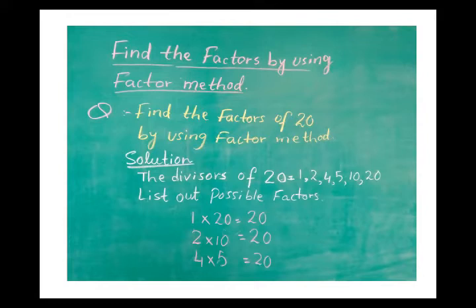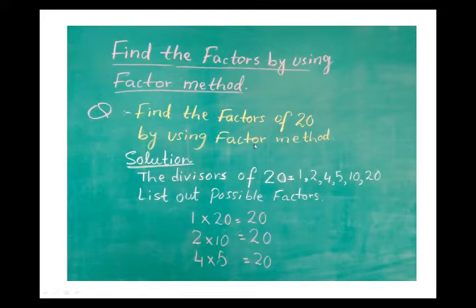In the third, there are four rows and four columns. In each row and each column we have four crosses. So four rows and four columns make a product which is 4 into 4, which makes 16. If you understand this example which is already given in the book, you can easily understand the next example. In this example, the question is: find the factors of 20 by using the factor method.